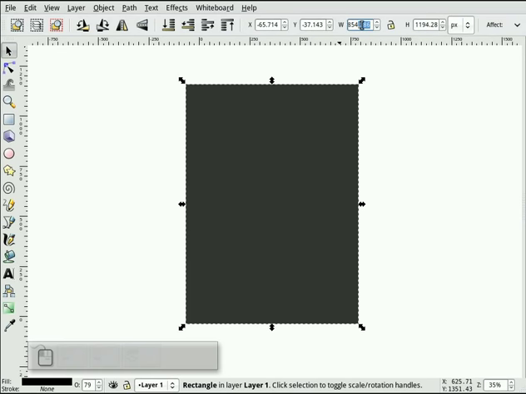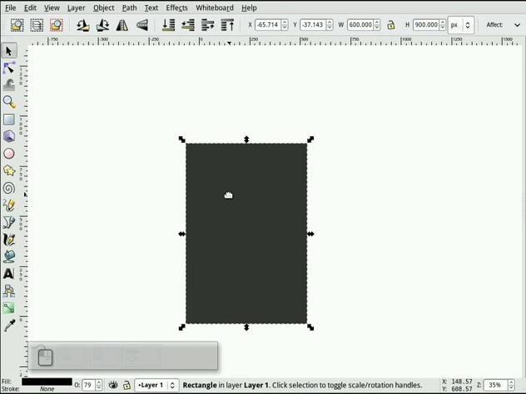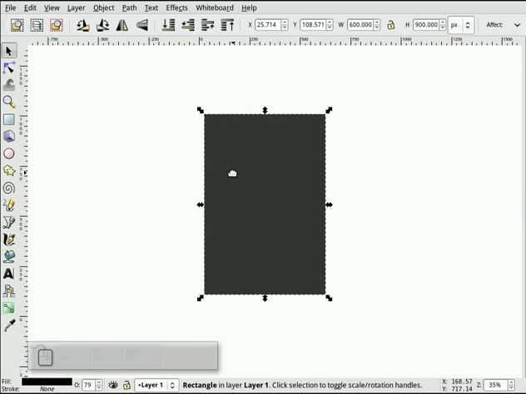So what I'll do is create something that's maybe 600 wide by 900 high, something like this. So that's going to be our image. Next, I will duplicate this. Actually, I'll make one of these